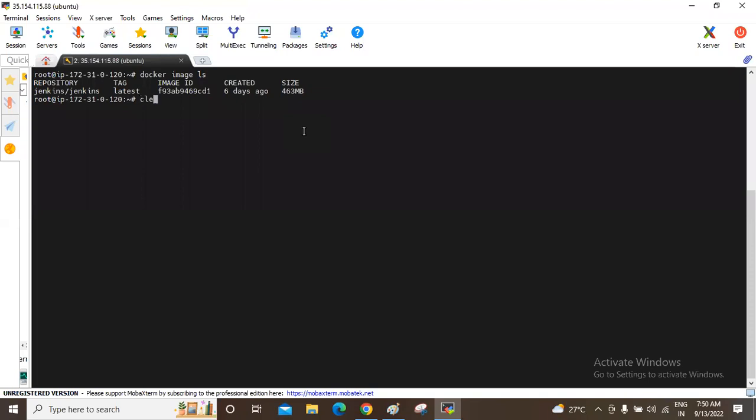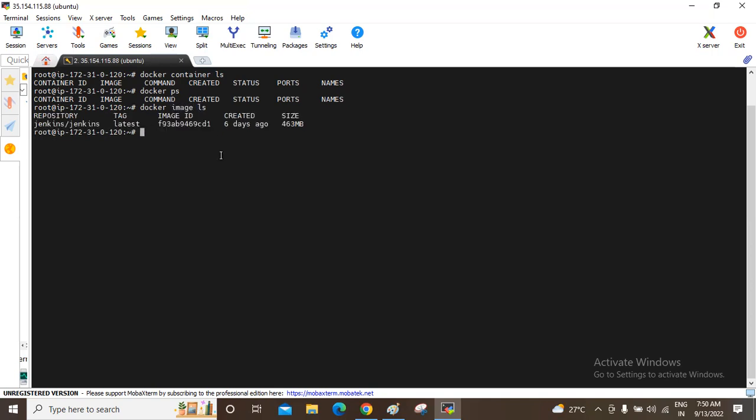Now, how to see the list of containers? Docker container ls, or the Docker ps command also serves the same purpose. See, there are no containers. Please observe, we have a Docker image, but we don't have Docker containers, right?